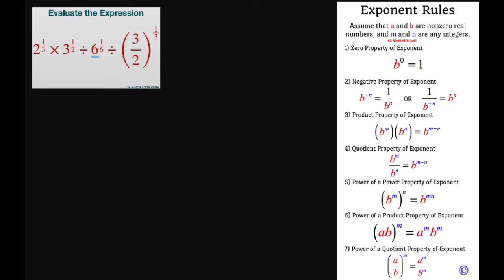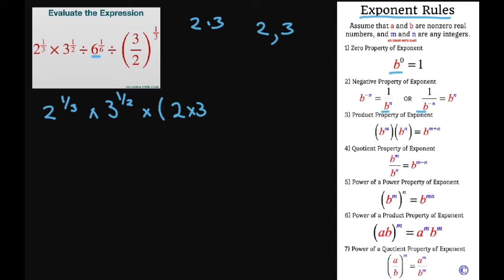We want it base. This 6 can be written as 2 times 3 because we want to use exponent rules and we want our bases to be the same. So we have two bases going on, 2 and 3. So I can rewrite this as 2 to the power of 1/3 times 3 to the power of 1/2 times, now this 6 I'm going to write 2 times 3. And that's going to be to the power of,